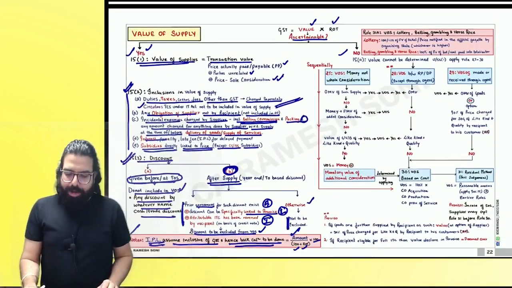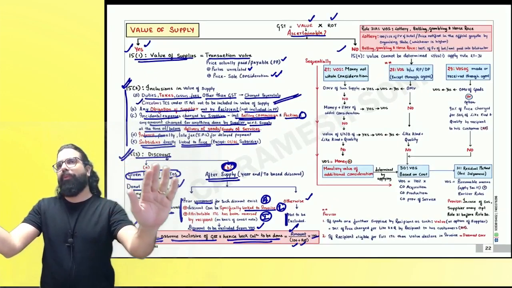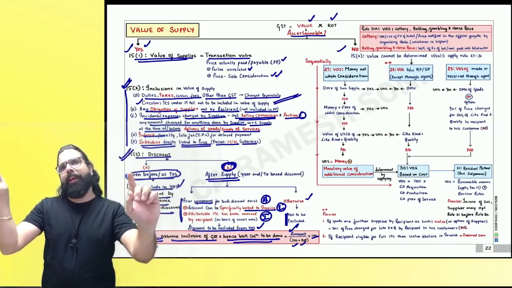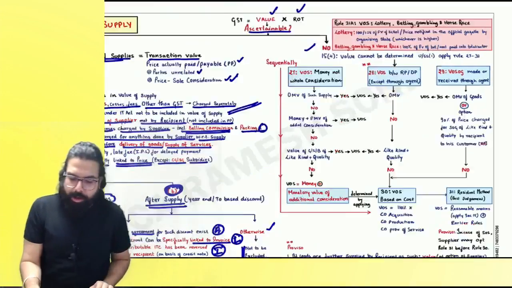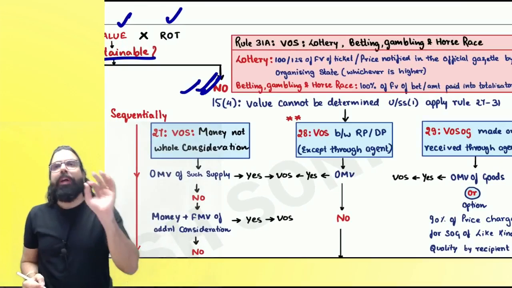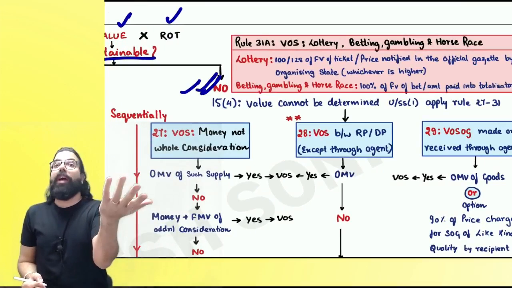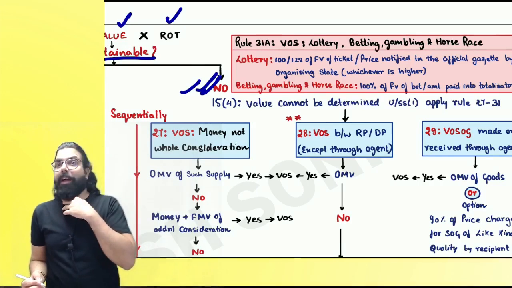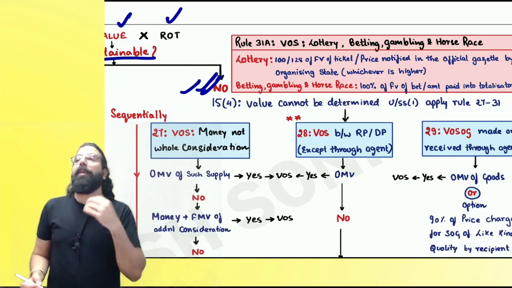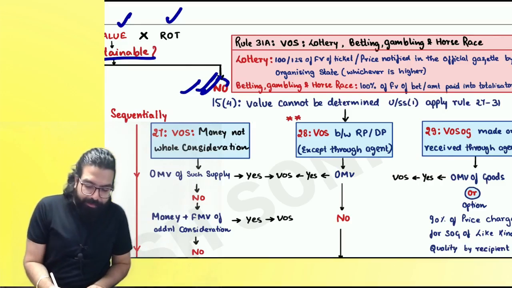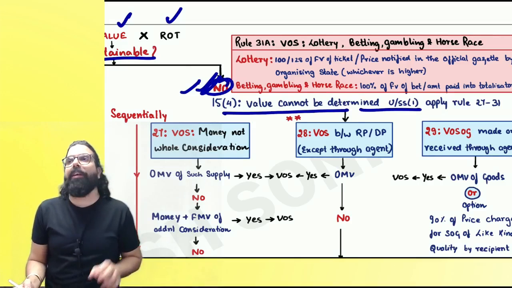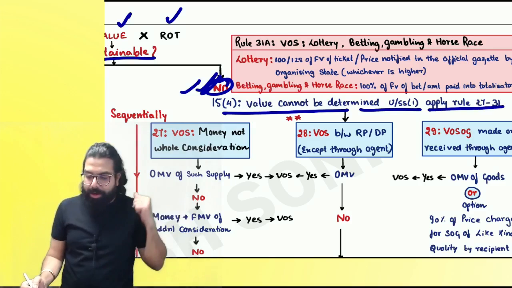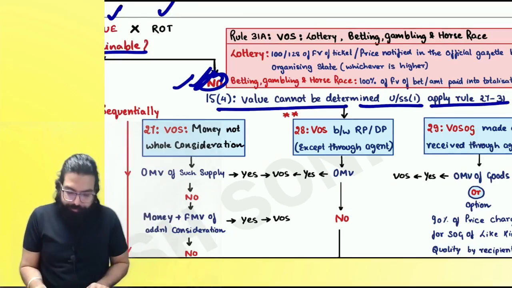Now, I told you section 15.1, 15.2, and 15.3. 15.1, transaction value. 15.2, additions. 15.3, discount. Story over. Now we have section 15.4: if you don't have the transaction value, the price paid or payable is not there, might be the parties are related, then they say please apply the valuation rules. Section 15.4 says if value cannot be determined under subsection 1, then please apply valuation rules 27 to 31. Can I go ahead, everyone?